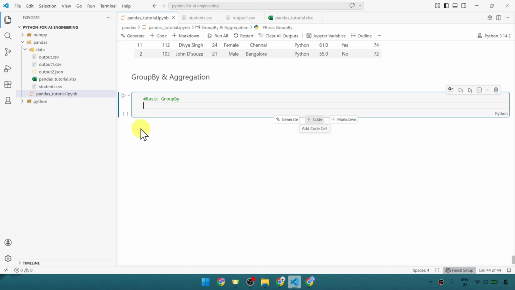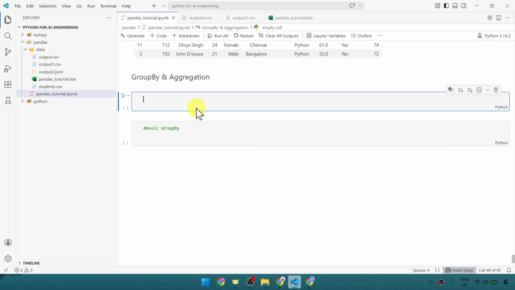Let's see how to do that. So first to start, we need to get a data frame. And how to get the data frame? You can create your own data frame, or we can simply use the CSV to get a data frame that we have previously done. Every time we are doing it so that we can get fresh data which is not manipulated. So for that, let me add one code cell at the top, and here let's get the data